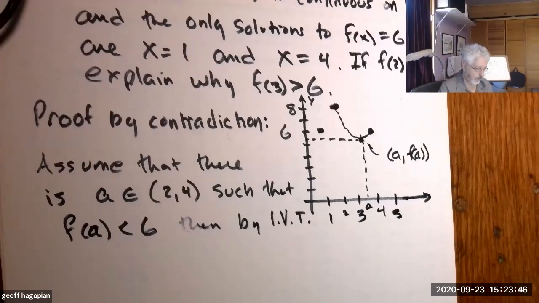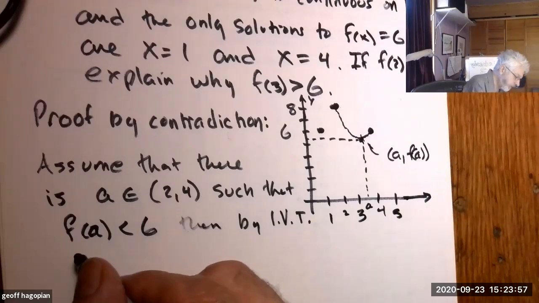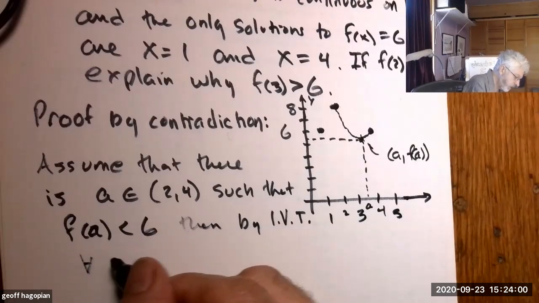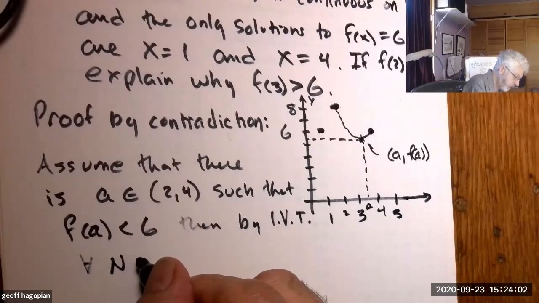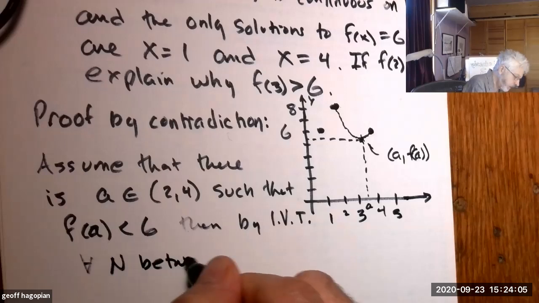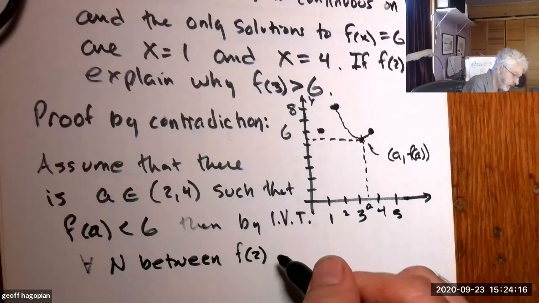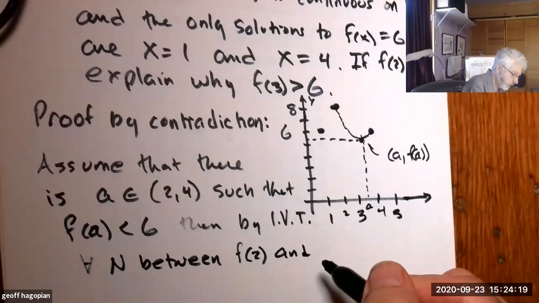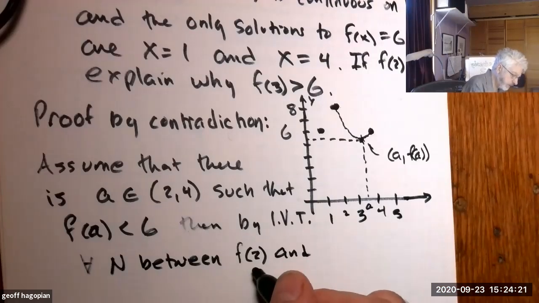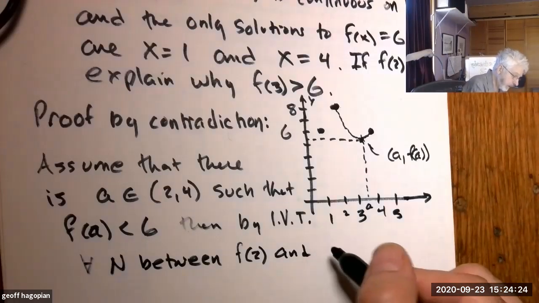It says that there exists some, for all n between, I want to say f of 2, which is 6, right? And oh, I'm sorry, this is 8, right? And f of A,